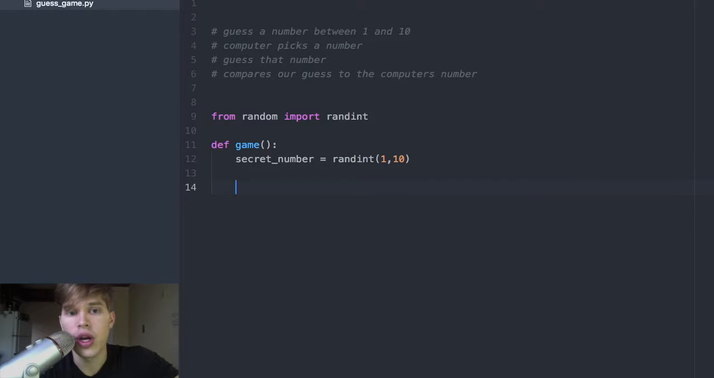Alright, what else do we need to do? Well, now we need to guess that number. Okay, so how are we going to do that? Well, we're going to guess a number and then we need to compare our guess to the computer's number. This is a recurring loop. This is something that's going to happen a not set amount of times. It's not necessarily going to happen 2 times or 3 times or 1 time for that matter. It's going to happen however long it takes. So this is going to be a while loop. So we're going to say while true,